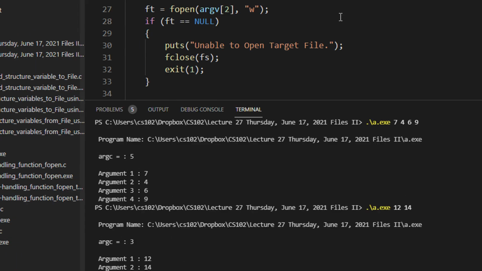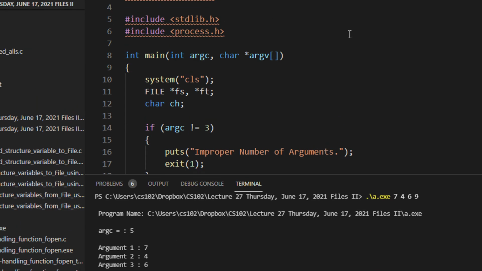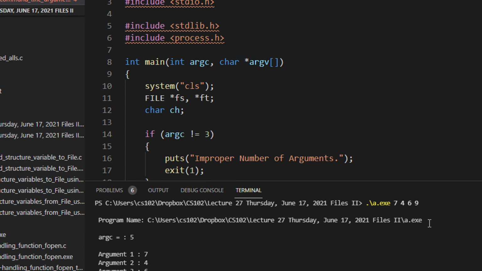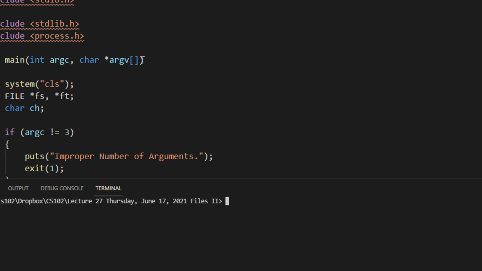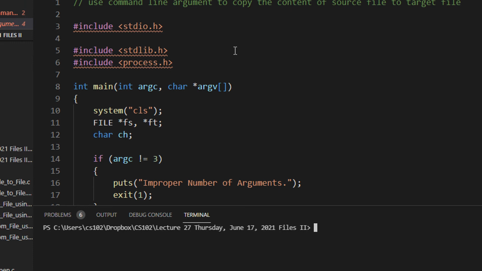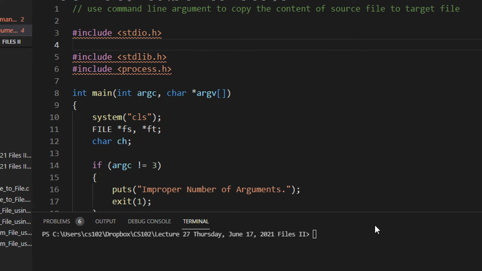Now see the actual use of the command line. So what is the advantage of passing things through the command line? It makes it easier for the user, right? Because in normal market scenarios, when you are writing code, you actually release the exe file. You don't give the source code to the user, you release the executable for the user. And it is always better to work on the command line.